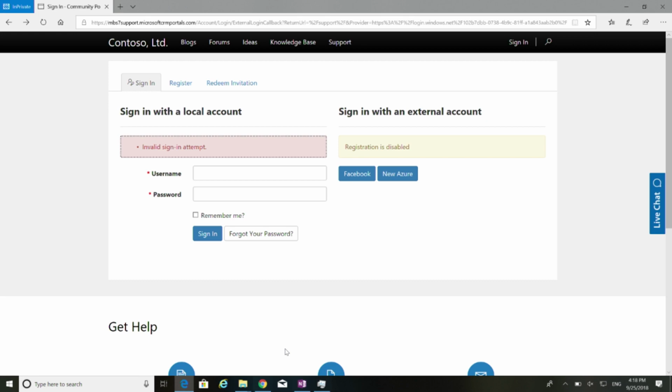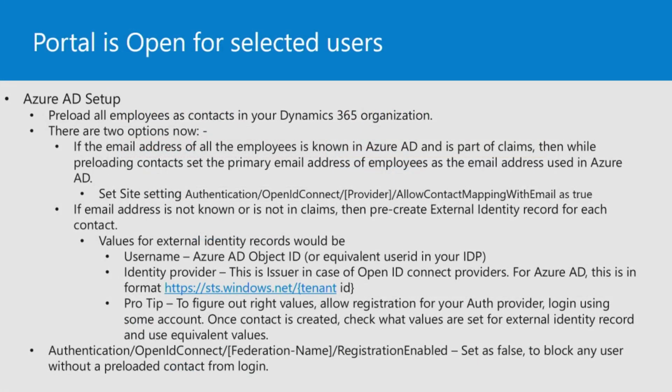All right, so let's go back. This was the other scenario we were talking about: how do you make all the users onboard? How do you do all these kinds of complex scenarios? Whatever I did with multiple providers, you can do with a single provider as well. All of that is pretty much simple to set up.